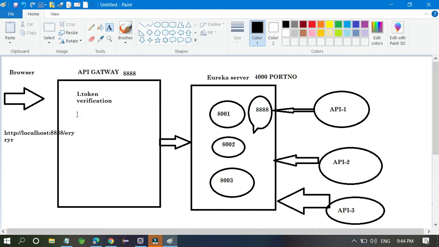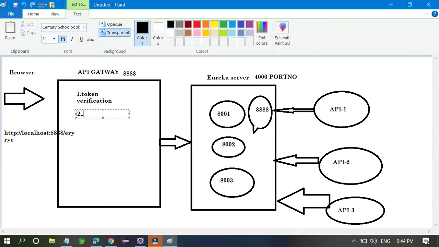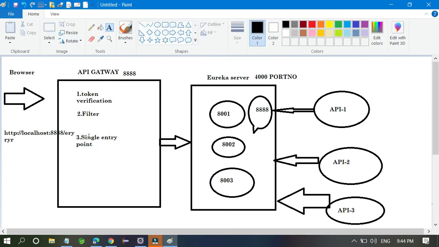You can handle filters here. You can write a single entry point. Many features are provided by the API gateway.